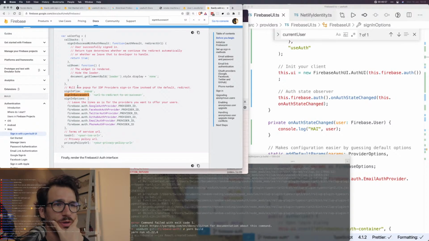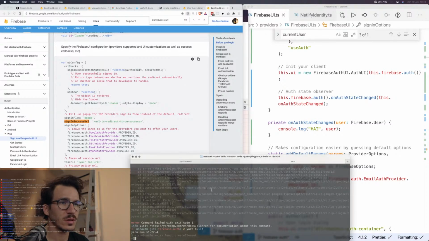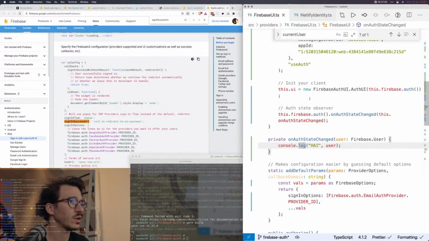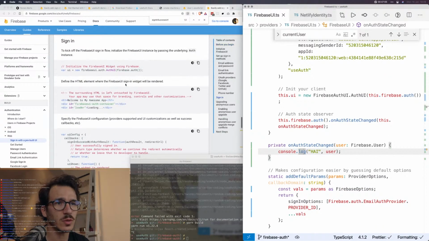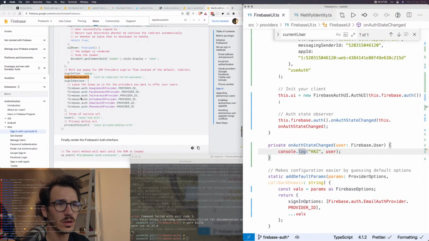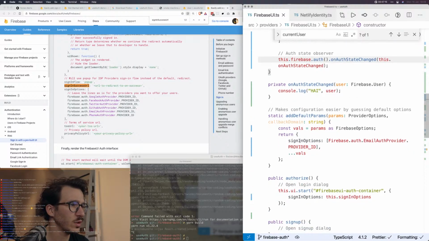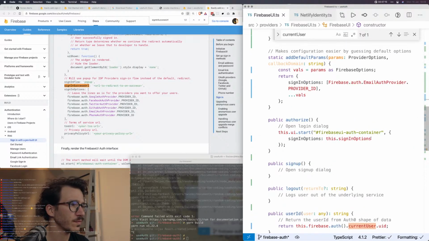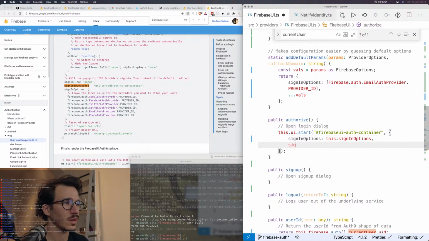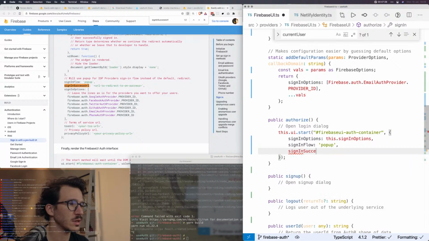Aha. Okay. Let's try fixing that. So where was it saying that? Sign in when we are down here. So when we are authorizing, let's start with sign in flow is a pop-up, and then we're going to get sign in success URL is going to be